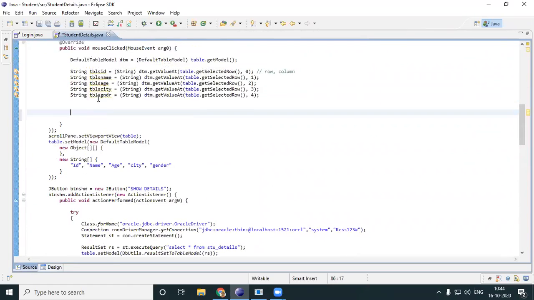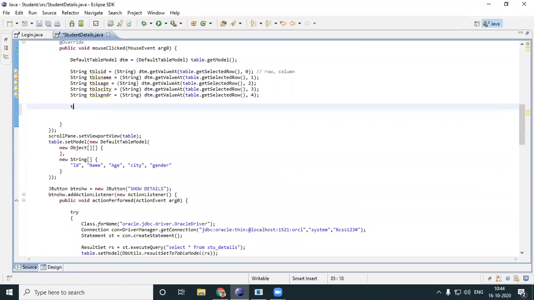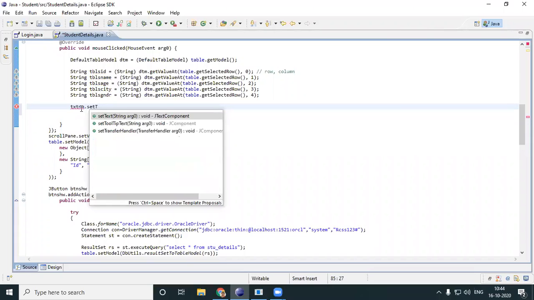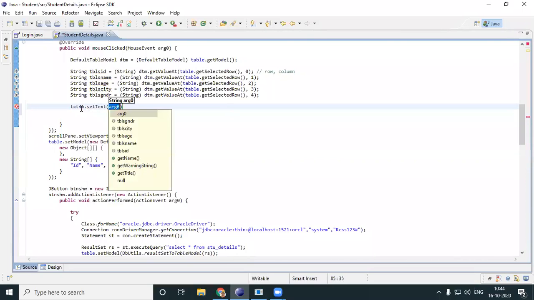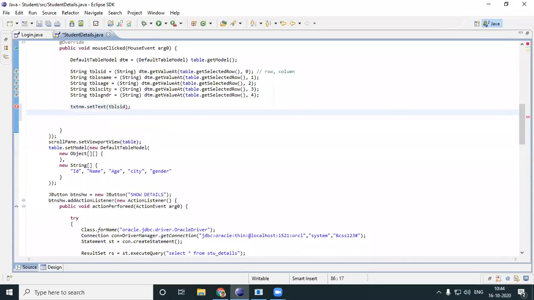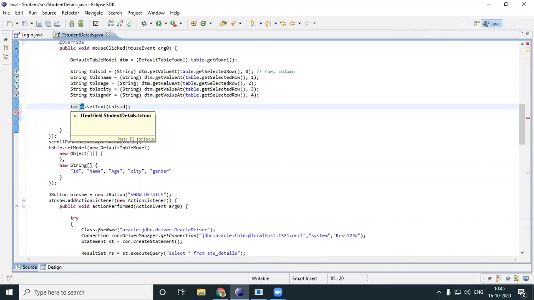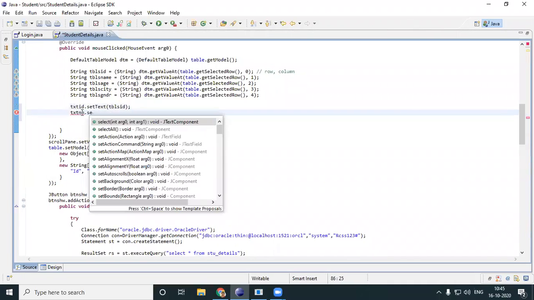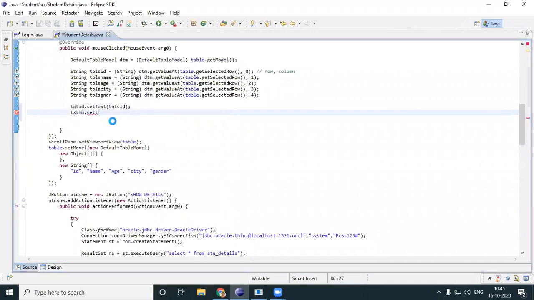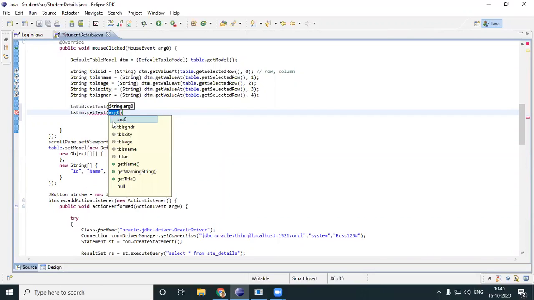Okay, I got everything. Now all I want to do is in text NM, set text. I put table SID. In text, first one was text ID, right? In text ID, I put that. In text NM, I put table SName.